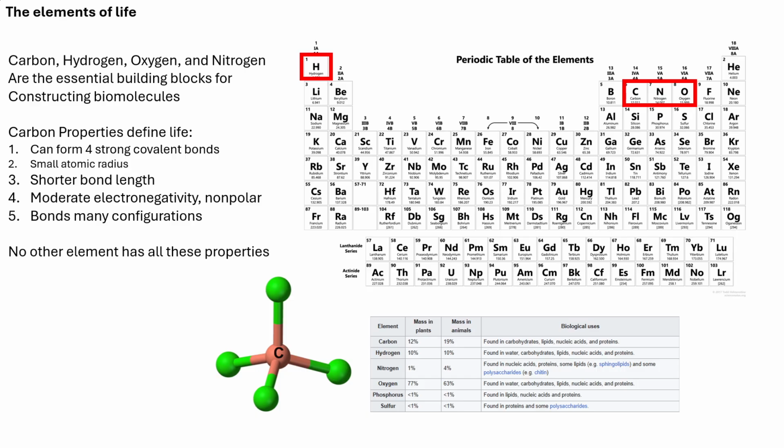So if a cell is based in silicon, it would have to somehow get rid of that rock. It wouldn't be able to have this fluid environment. Silicon dioxide is not soluble, so I really couldn't see how life could function if it was silicon based. Potentially, it wouldn't even have water in it. It would have to have something else to dissolve silicon dioxide. So that's possibly